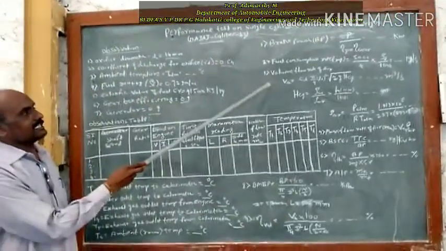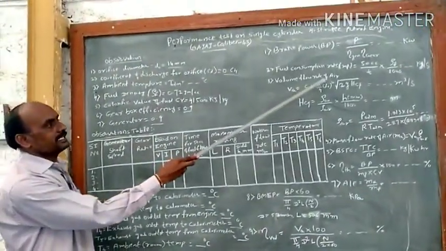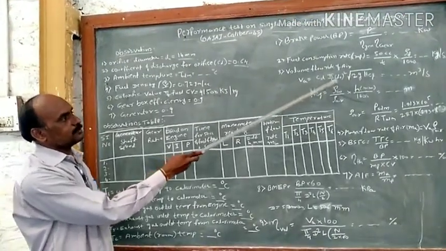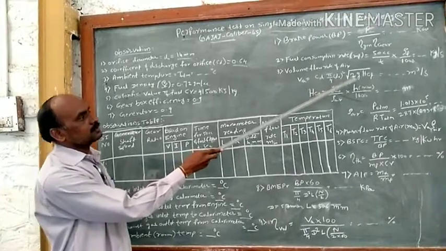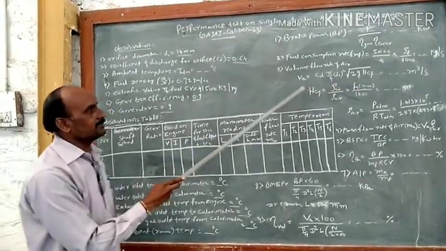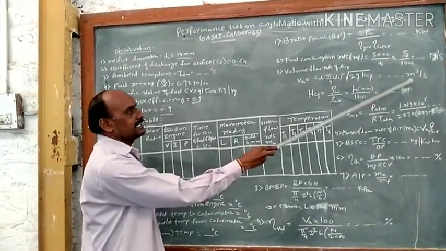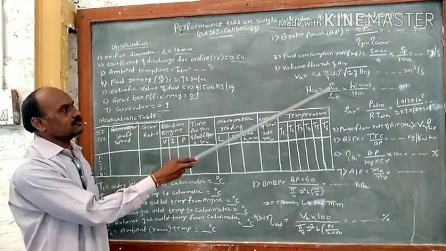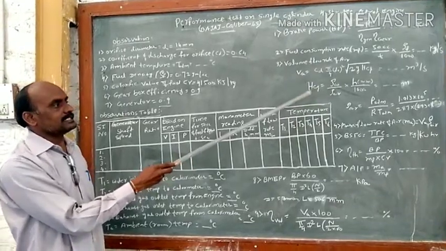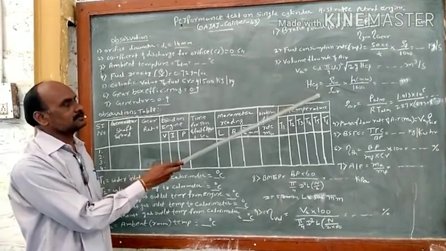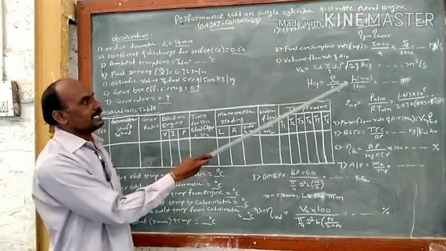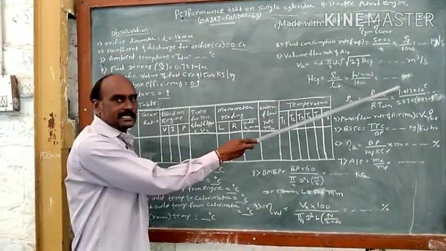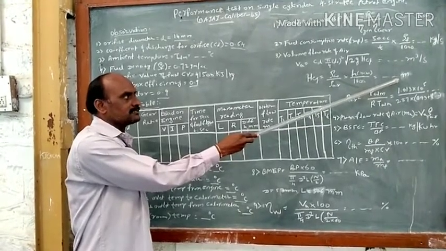Similarly, we are calculating the volumetric flow rate of the air by using the basic equation: coefficient of discharge times pi d naught square by 4 times the square root of 2g h equivalent. So we are getting the volume flow rate in meter cube per second, and h equivalent is the ratio of the density of water to the density of air. We are using the U-tube manometer with water column, so we need to calculate h equivalent, and h is nothing but the water column height divided by 1000. We are getting the head in terms of meters of water column.